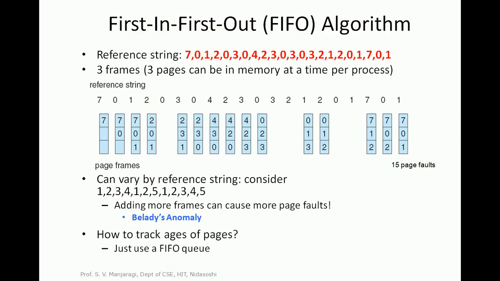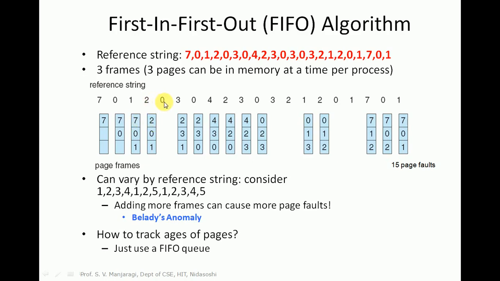So in this particular reference string, which page is brought first here? There are 3 pages in the memory, 7, 0, 1. Which is the older page here? 7. 7 is the page which was brought to the physical memory first, so it must be replaced. So there is a page fault here, and since no free frames are available and the older page has been replaced, 7 is replaced with 2 here.